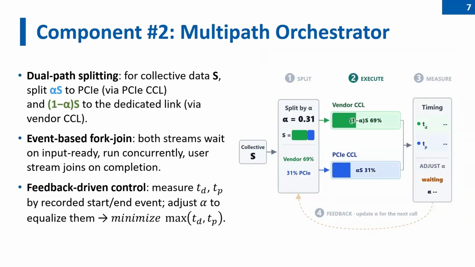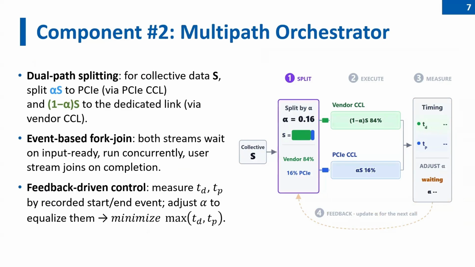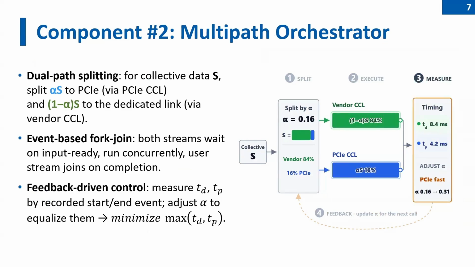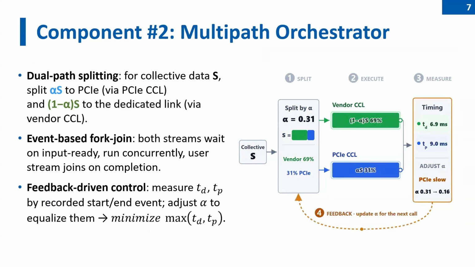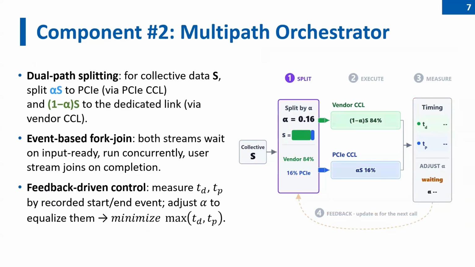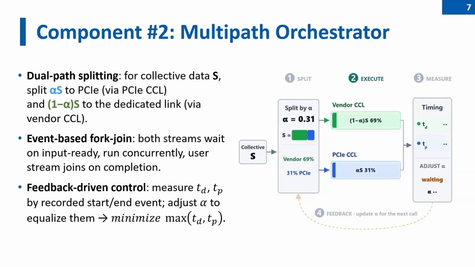The second component is the multipath orchestrator. It enables multipath collective communication on both the dedicated link and the PCIe link. It first splits the input and output logical chunk into 2 parts and sends them to the PCIe CCL and the vendor CCL, such as NCCL or HCCL. To guarantee the correctness of the stream semantics, we use the stream with event API to make the PCIe CCL and the vendor CCL, these 2 streams, wait on the user stream,